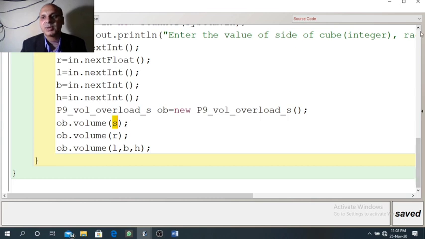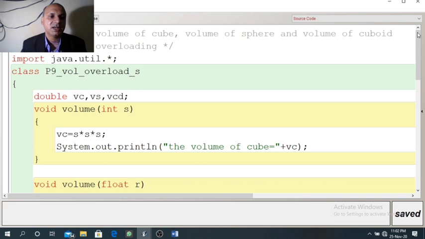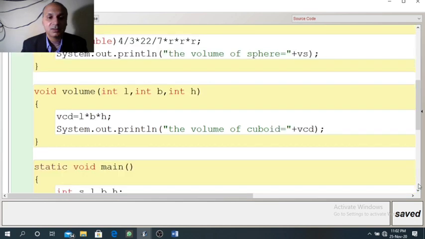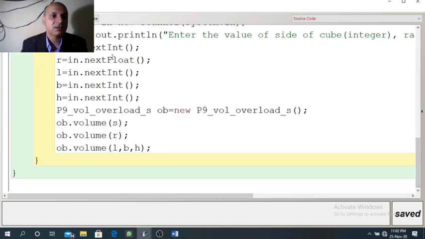So copy of actual parameter will be sent and it will be received by formal parameter, that is S. So S will receive the copy of this S. This S we have taken as input.